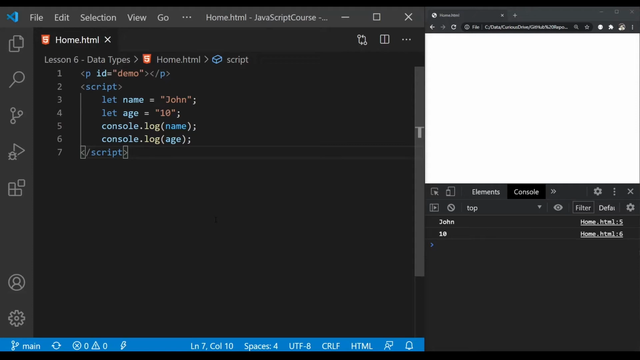JavaScript has four primitive data types: strings, numbers, booleans, and undefined. When I set the value of John to my name identifier, I wrapped it around these double quotes, and that's what made my name identifier a string data type. Even while setting John's age, I wrapped the number 10 around these double quotes, and that's what made age identifier